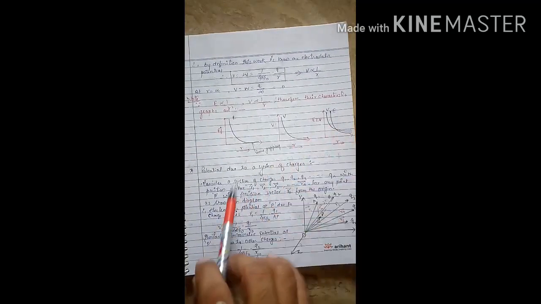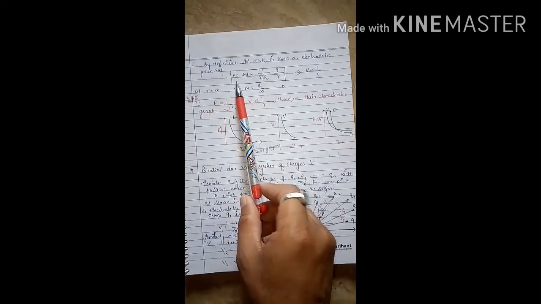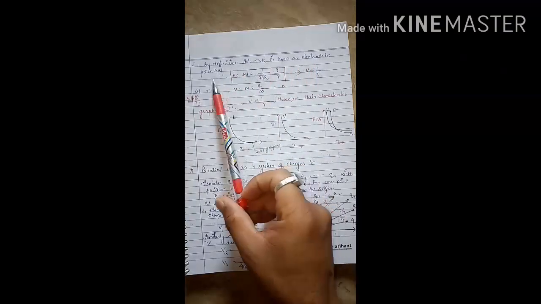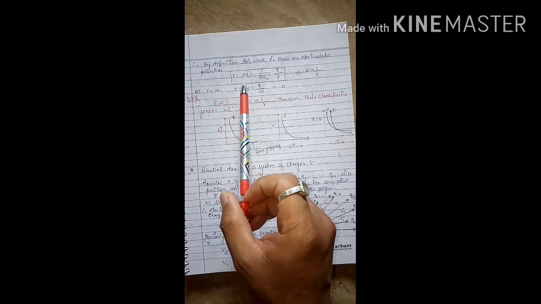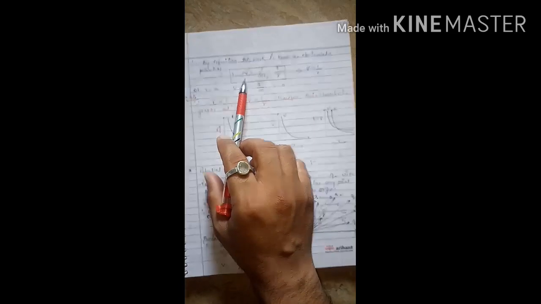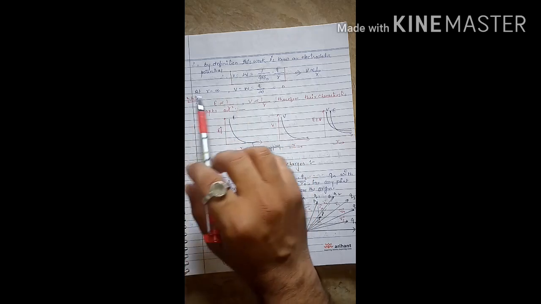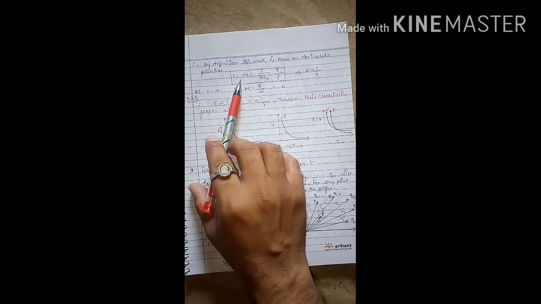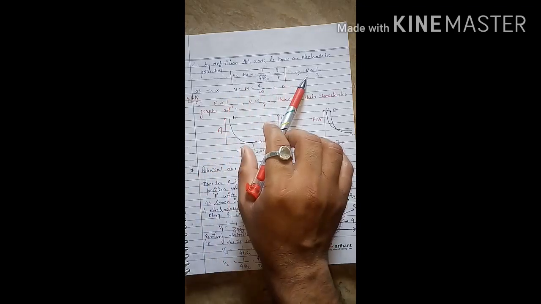After this we will see the electrostatic potential. Now if we think about the electrostatic potential, it is V equal to W upon Q naught, and because Q naught is a positive test charge, V is numerically equal to W, as we earlier discussed. So here V is equal to 1 over 4 pi epsilon naught Q upon R. So from this relation we get V is inversely proportional to R.